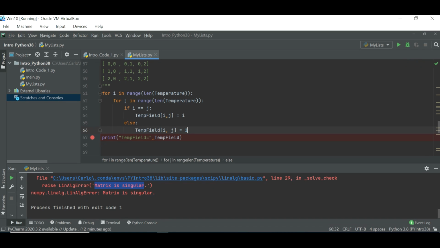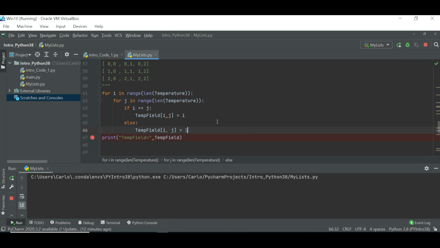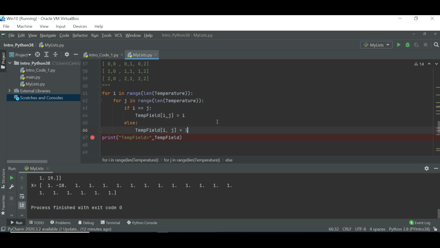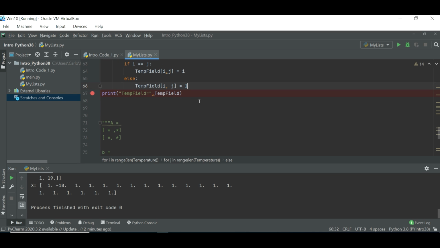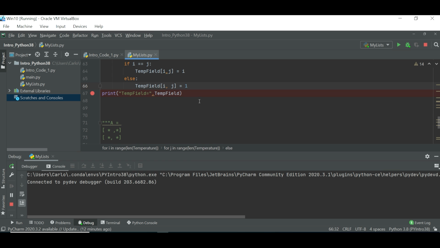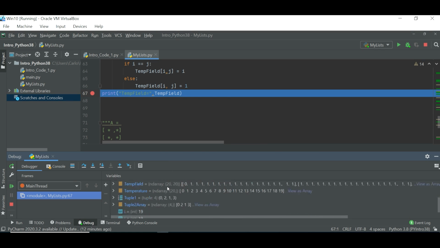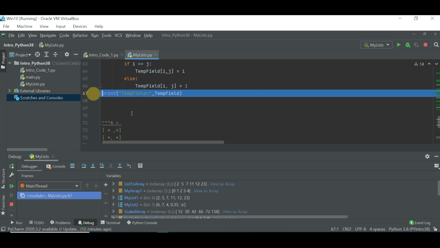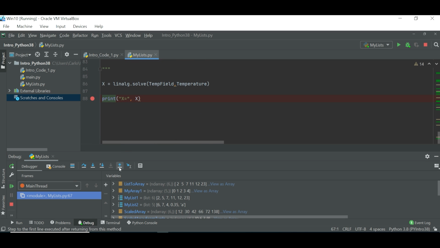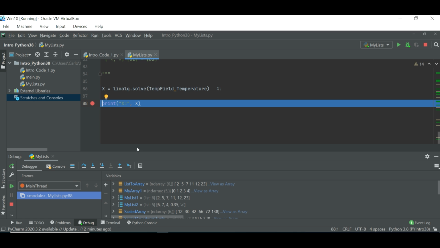Let's write 1 instead of 0. Okay, you did like that. Okay, so let's see what it is. So my list, let's do a debug and let's check what x is. I need to debug to the next line. So run and